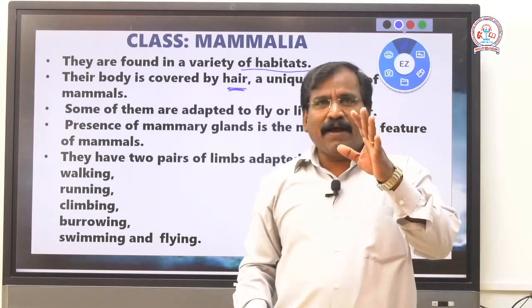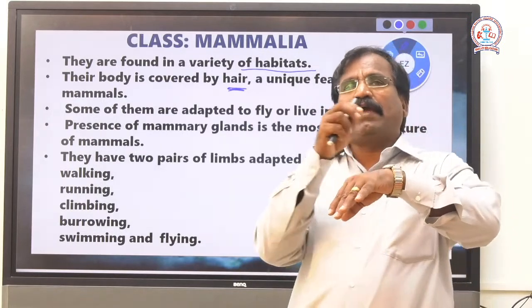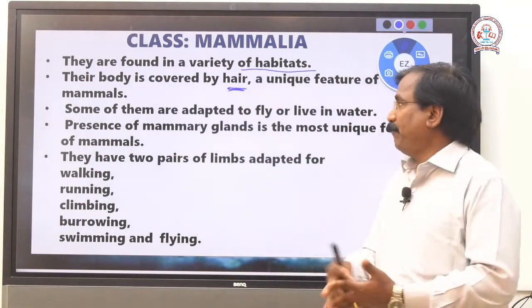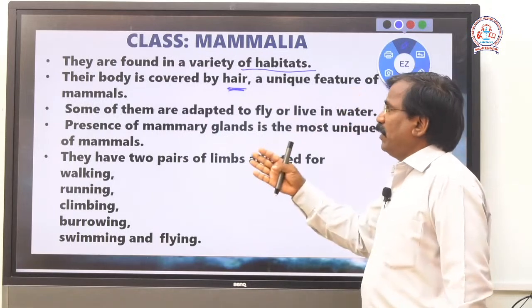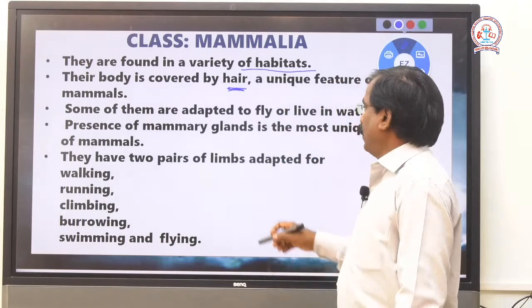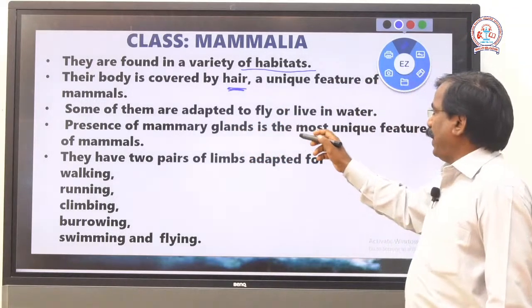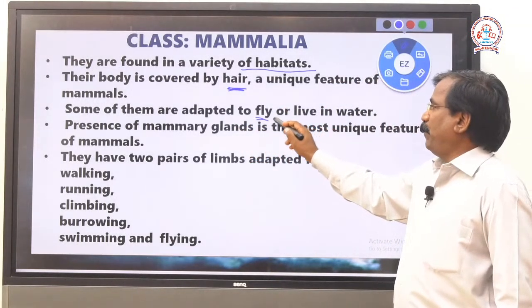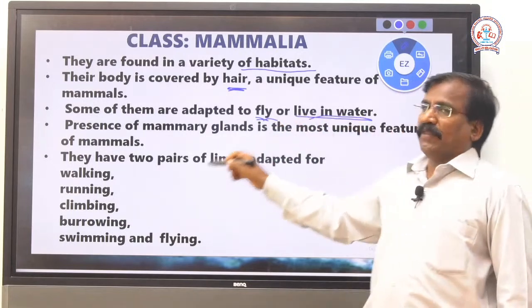Anyone who has hair is a mammal. We have hair. Look at the dog, it has hair. Buffalo has hair. That is hair covering the body. The unique, distinguishing feature: some are adapted for flying, the bat I said. Some for water, whales,